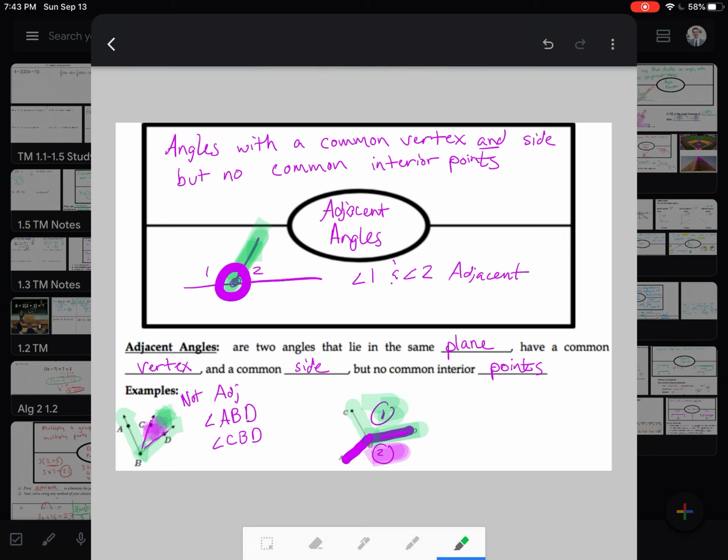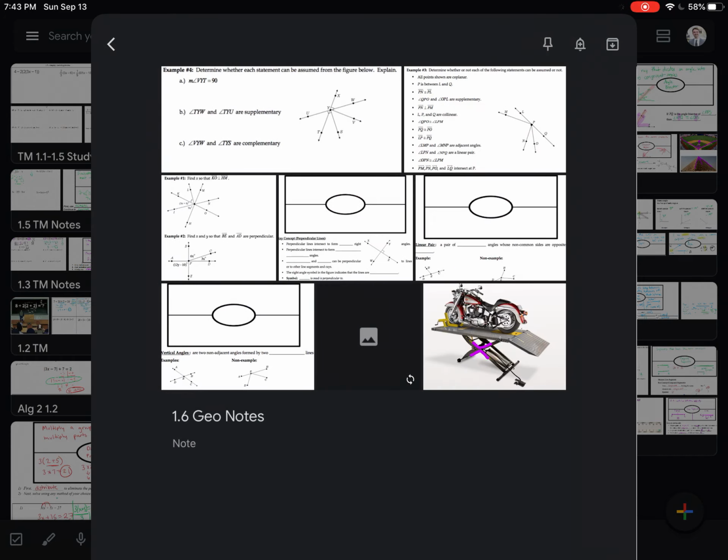So basically they can't share any of their middles, but they share a vertex and a side, and that's it, nothing more. So that's adjacent angles. We're going to move on to our next vocab word now,